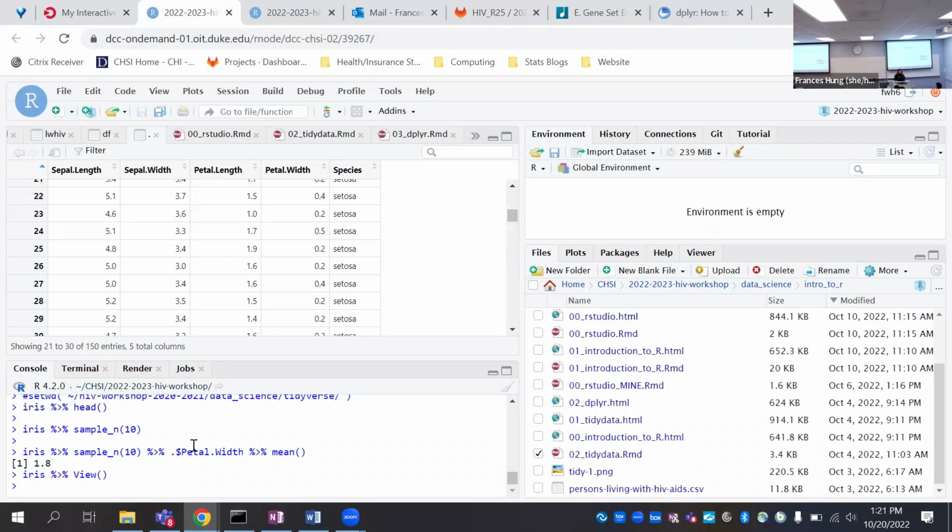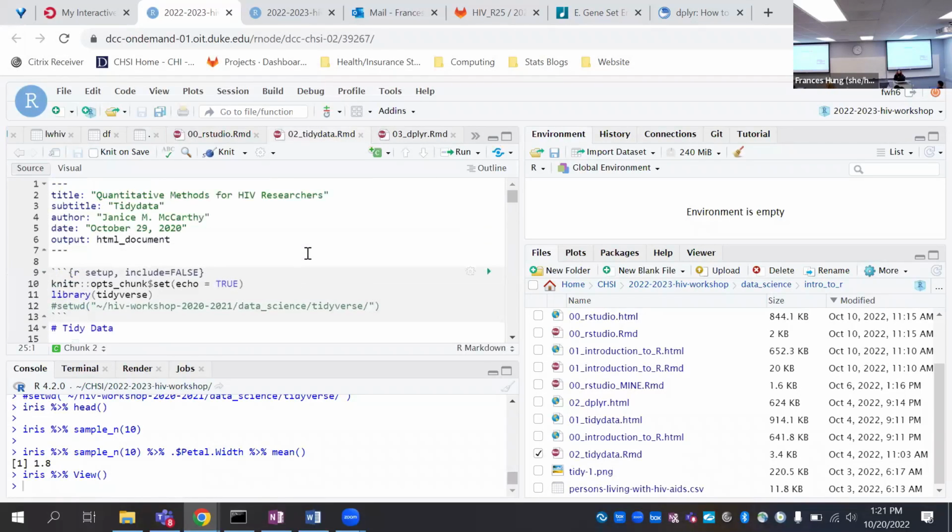So recall that last time we briefly touched upon how you need to both install a package and load it. You only have to install a package once. It should already be installed, which is kind of weird if it's not. If it's not, then you could always do install.packages tidyverse. If it's not installed, you're not on the right container, but that's okay. And then once it's installed, every time you want to use it in a session, we do library tidyverse.